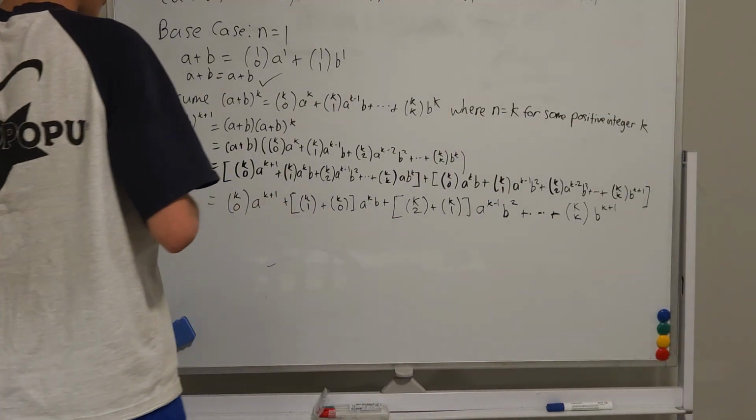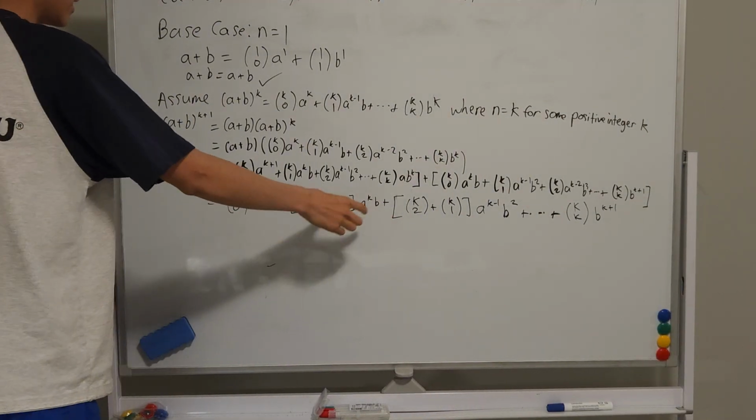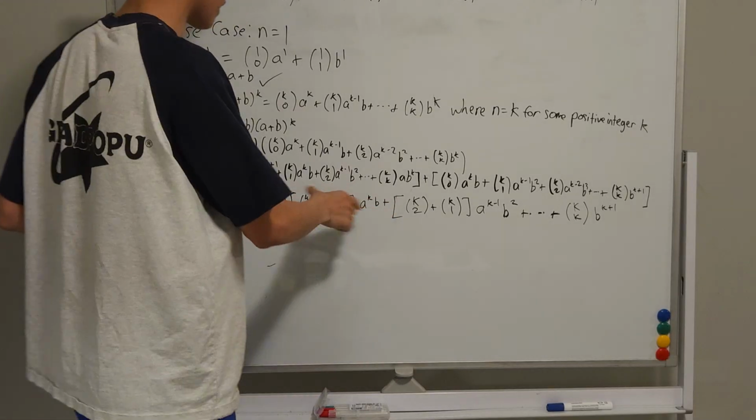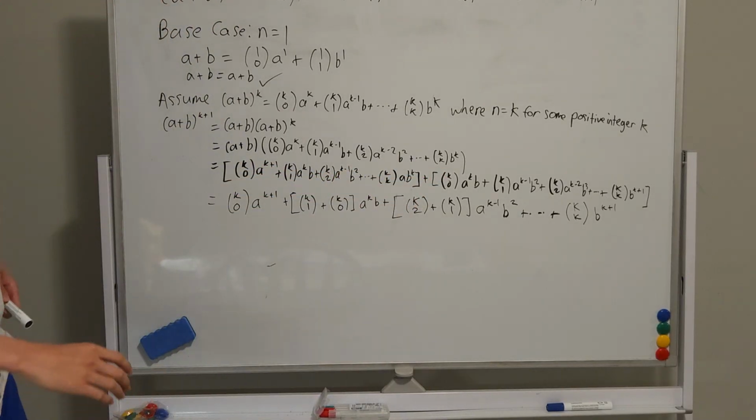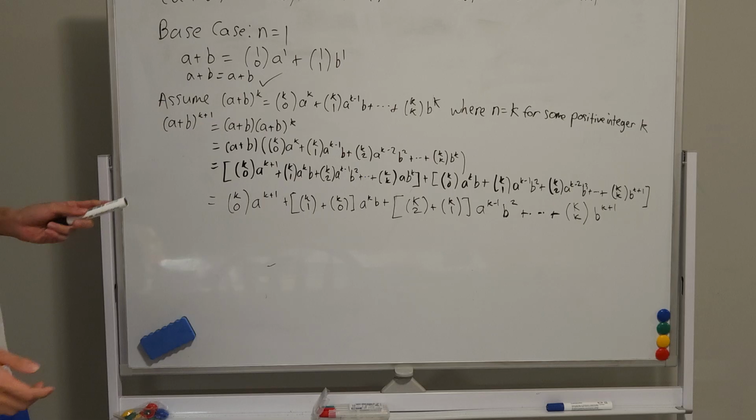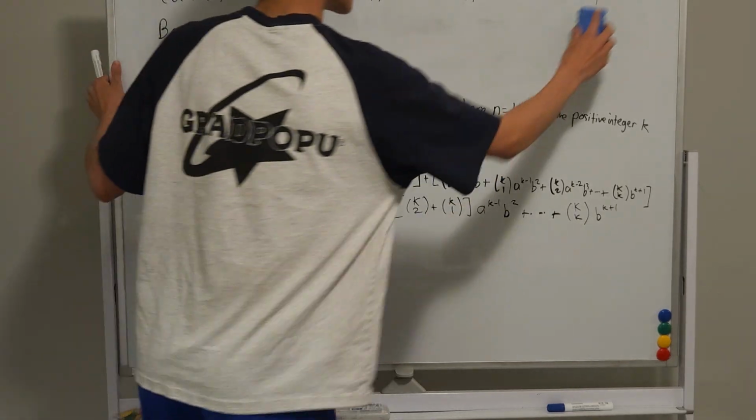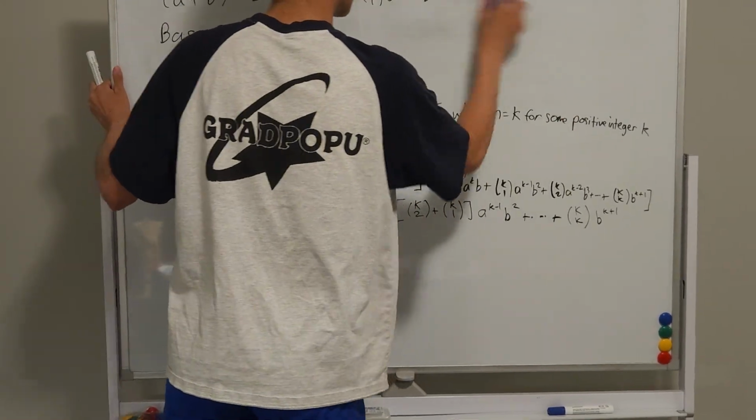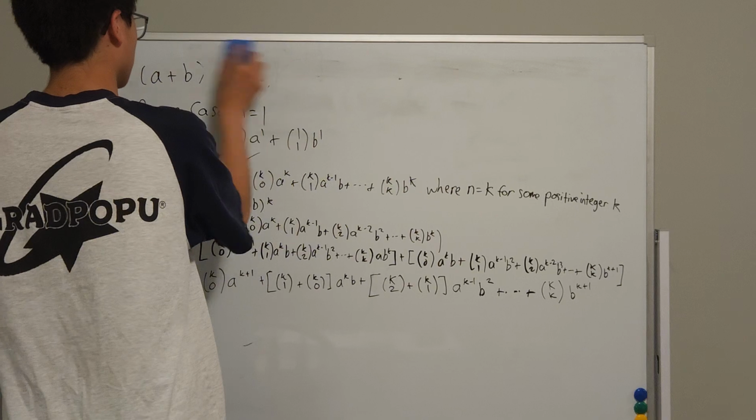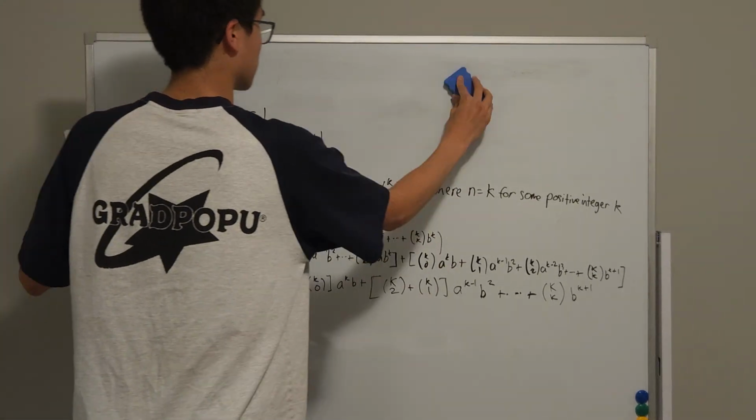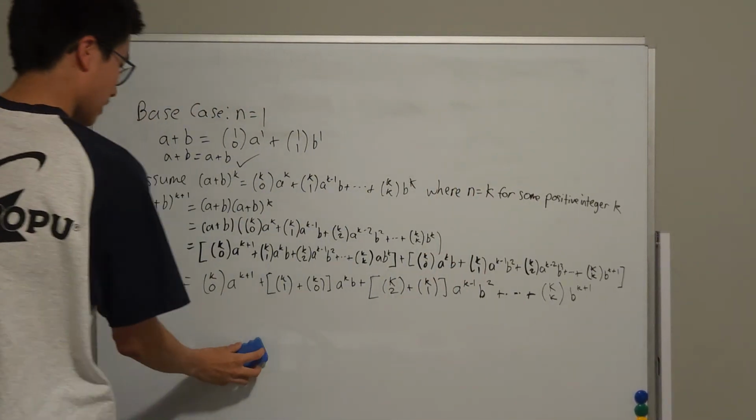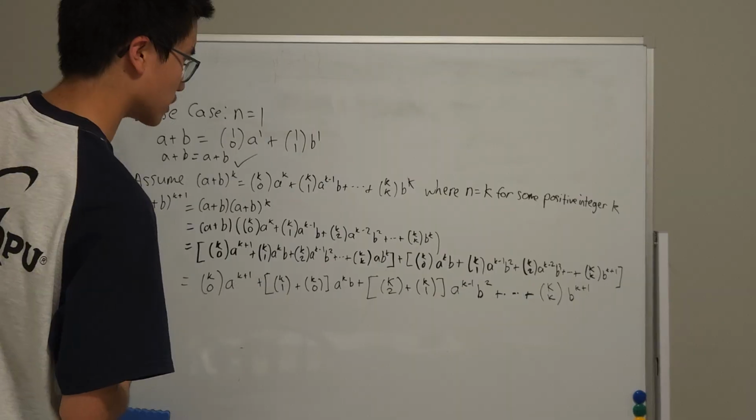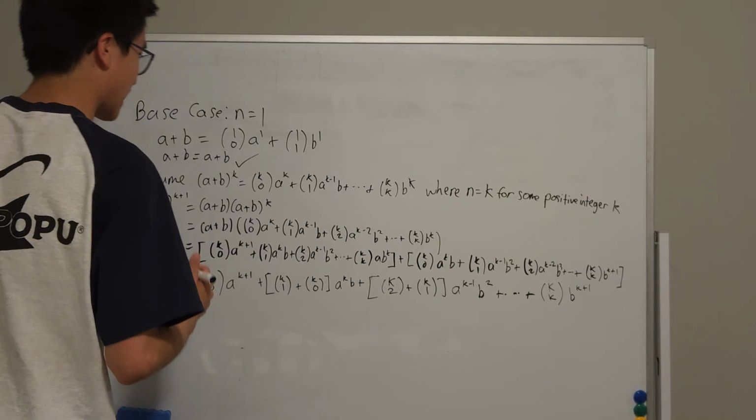And now we want to figure out what to do with all these sums right here. Like, what does this equal to? This is where we will be applying our combinatorial identity. And this is also known as Pascal's identity. Pascal's identity. So looking over here, I believe that it is